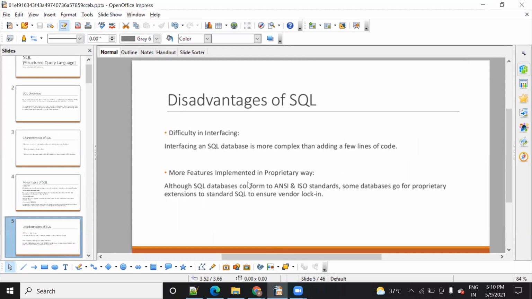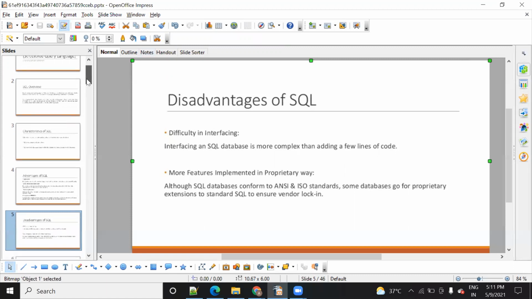A disadvantage is that you need to write a correct query in order to fetch the data, and based on the requirement you need to write it down. The second thing is the interface, meaning how you connect to the SQL database. If the query has any error, it will be difficult for you to get the data. I will show you what kind of queries in the slide.